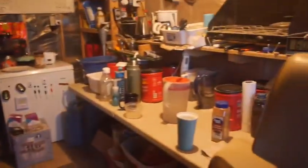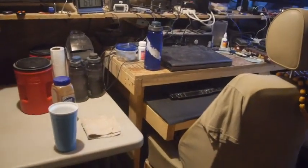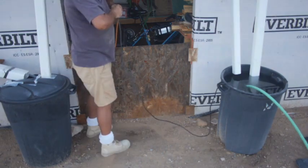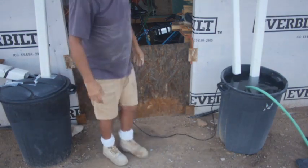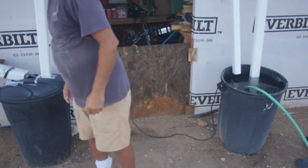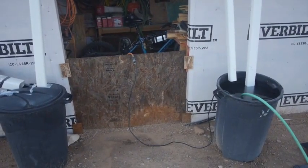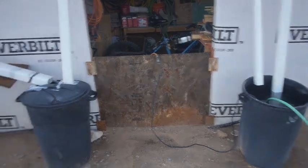Yeah, 6 o'clock now. Oh, my alarm's about to go off. Commence operation rainwater pumping thing. Go. Okay, about 6 o'clock in the morning. It's looking pretty quick, actually. There's a 1-inch black polyflex pipe that interconnects all of these trash cans. These are the cleanest ones, so this is going...